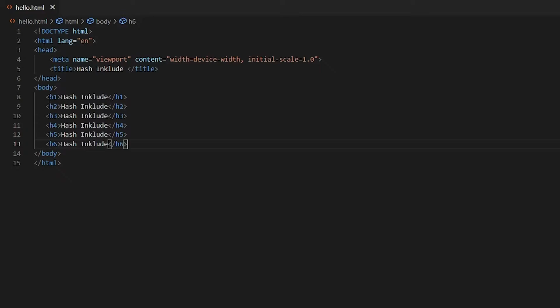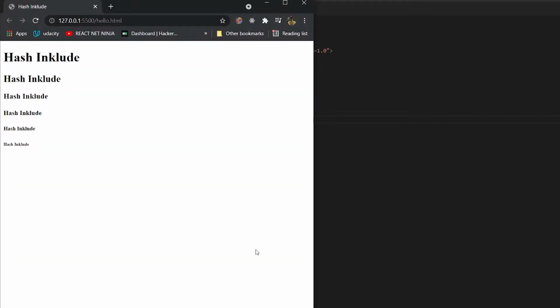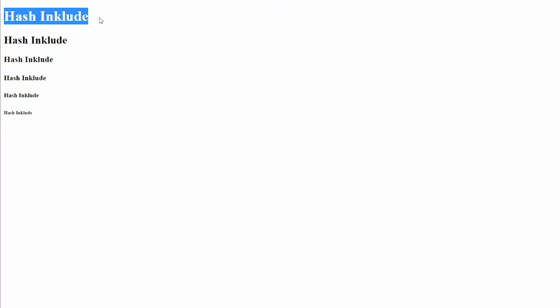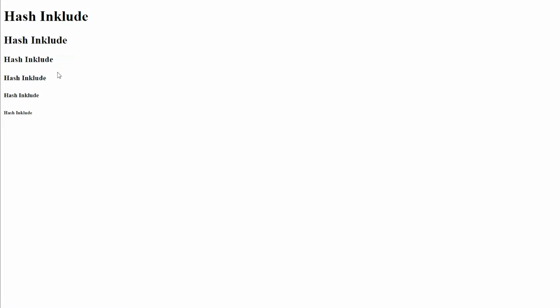Okay, so I have made six headings of "hash include" ranging from H1 down to H6, and now if we open our server, see, this is the heading tag. This is the H1, H2, H3, H4, H5, H6. So this is basically the range of sizes that they have provided us. Normally we don't use H6 or H5, but we have it, so it's good to know about this.